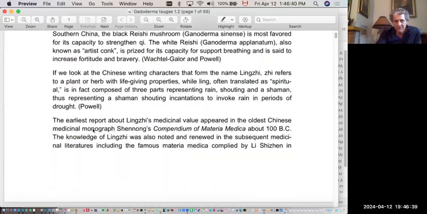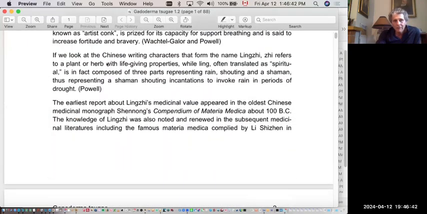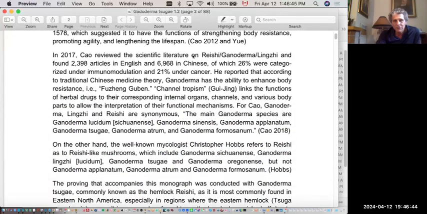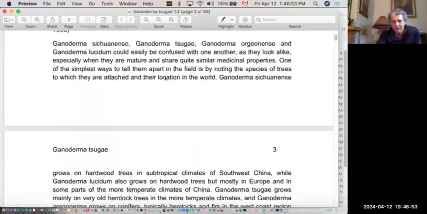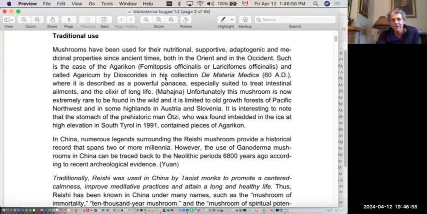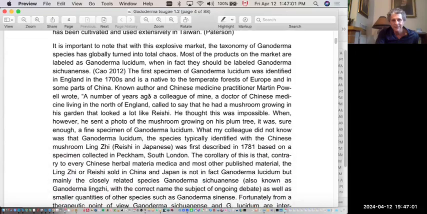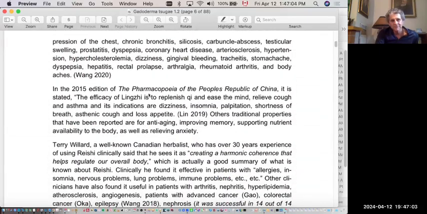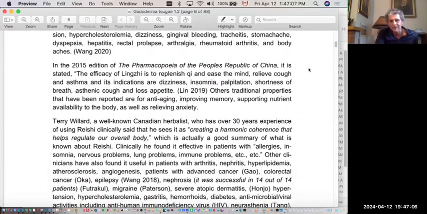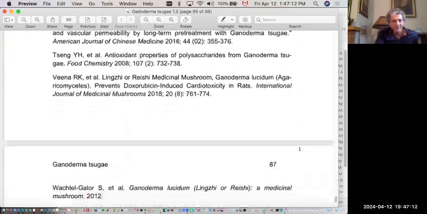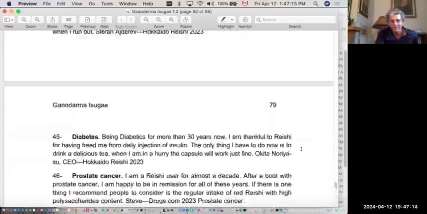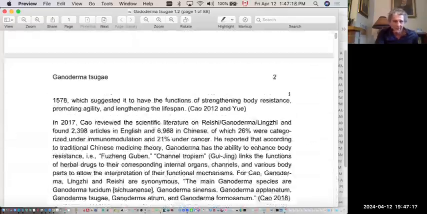So here you'll see we do a review of how the mushroom was used, or in the scientific literature, the number of citations and so on, and what it has been used for, for hundreds of years, thousands of years. It is about 7,000 years that this mushroom has been used in Chinese medicine. So we have all these monographs. You'll see at the end, these are the cases, all the references from the literature, aside from the homeopathic literature.